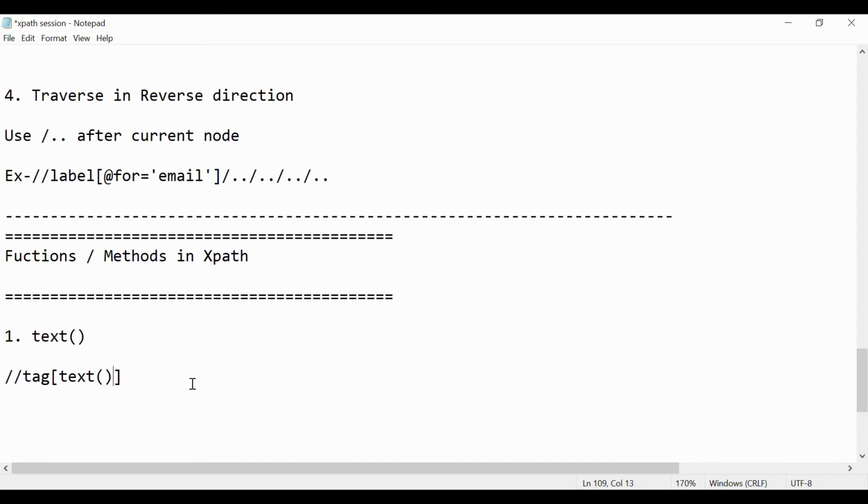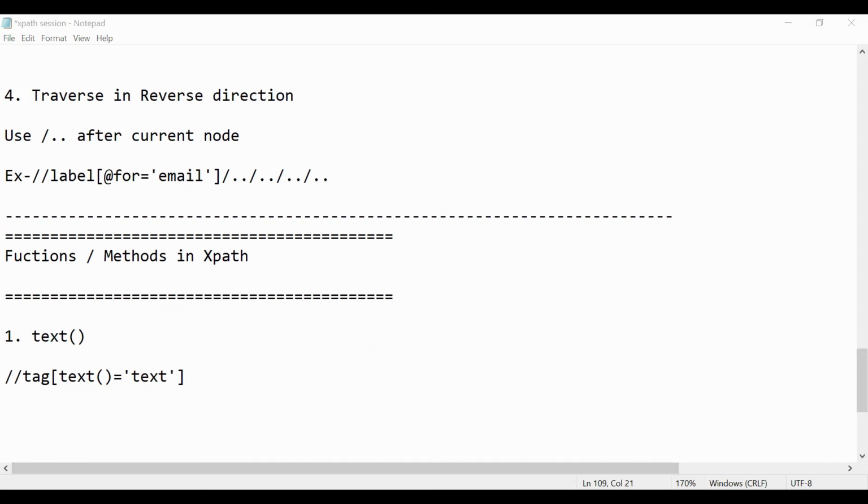As it is a method, you don't have to use the @ symbol here, right? And then equal to, single quote, text. Okay, so the text present for that element. I will show you where this text can be and how it is used.